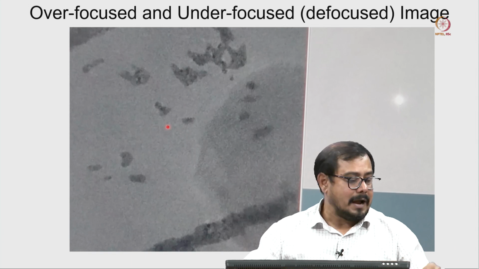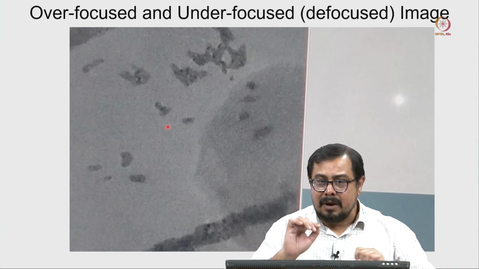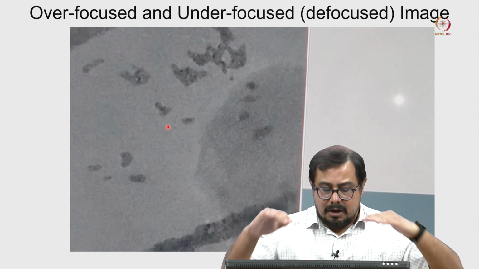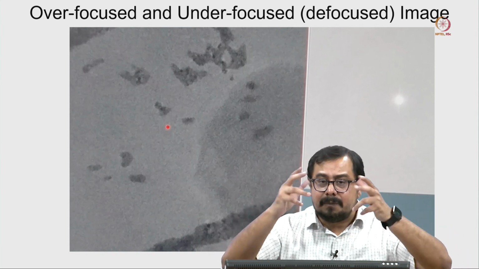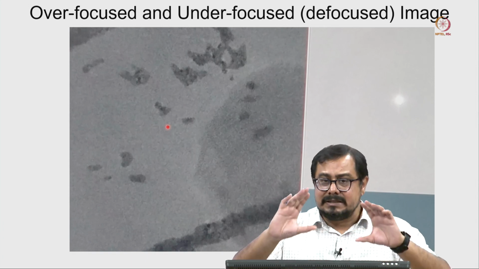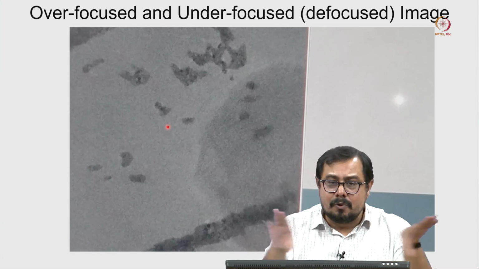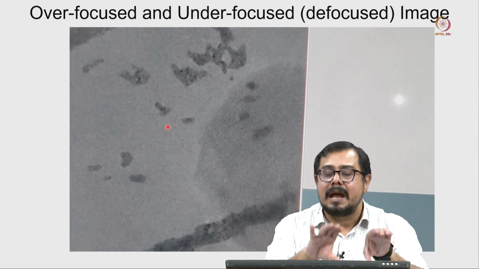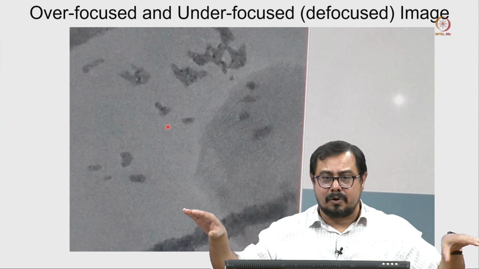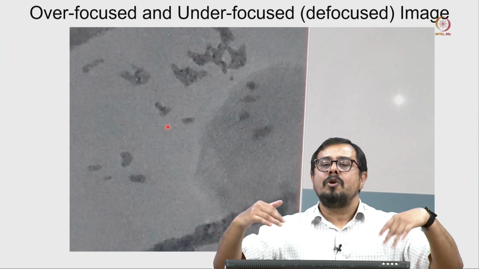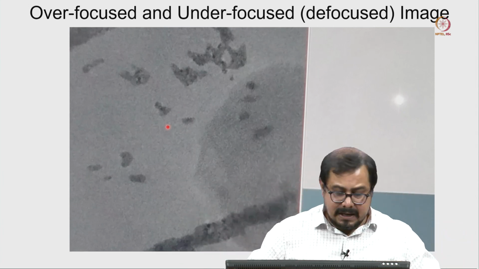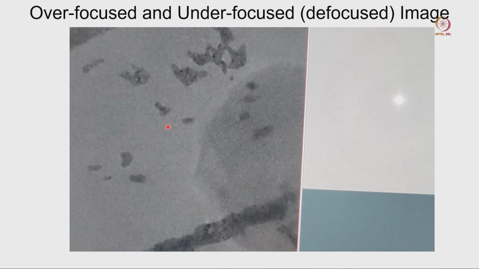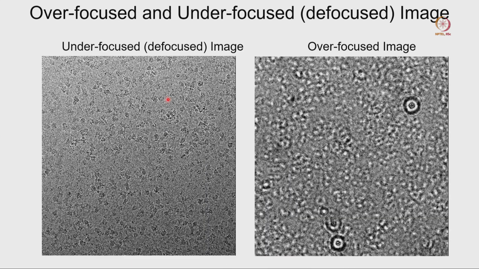But also I mentioned that if you look at those black spots carefully, I will play this video one more time, then you can notice that the over focused image is looking very different than the under focused image. That is the reason if we are collecting under focused images, we have to be consistent and we have to collect most of the data in an under focused condition. Generally we are not using over focused images, mainly we are using under focused images. I will play this video one more time, so you can see what I am talking about. You have to pay attention to those small molecules here.